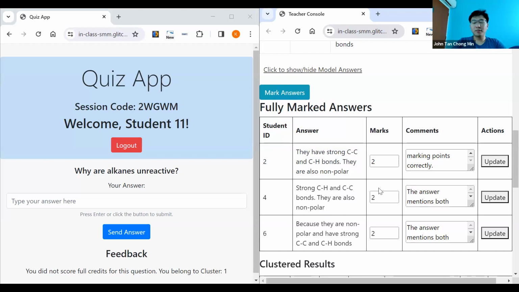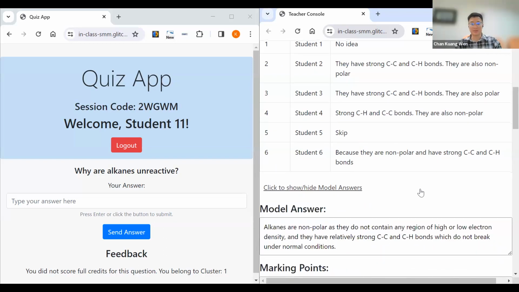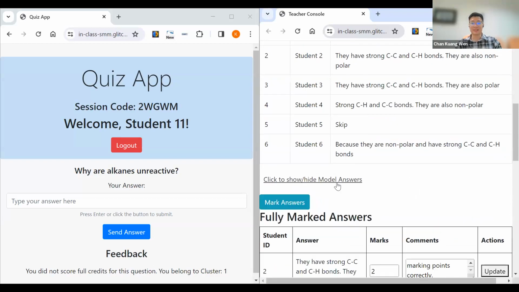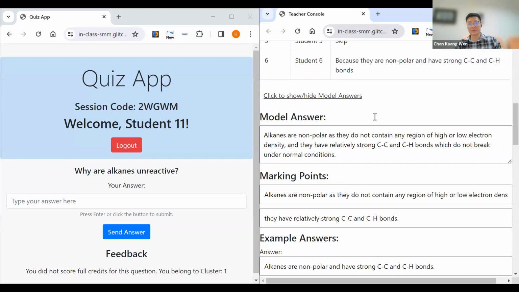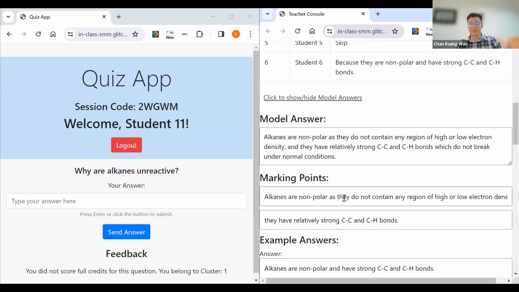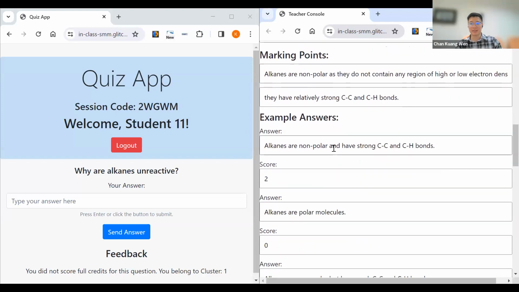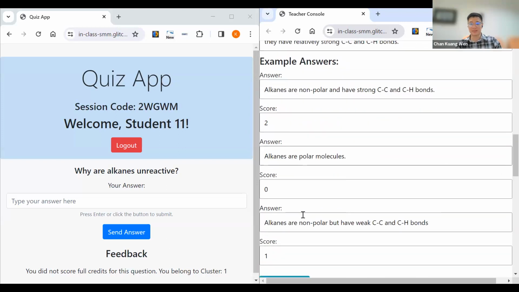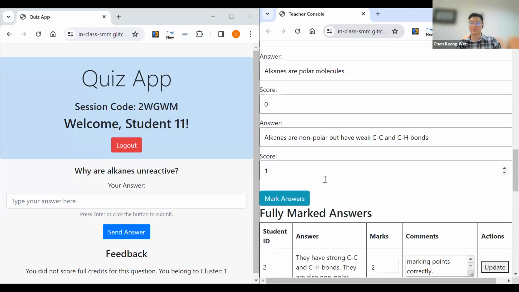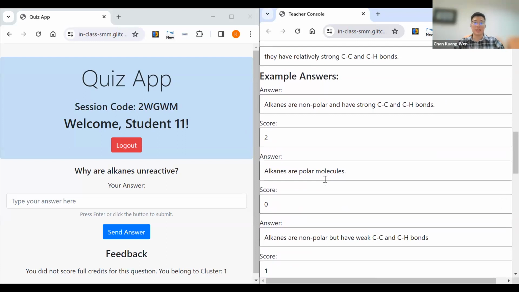I see. So this one is doing some form of categorizing, right? Or like you give it a model answer and then you ask LLMs to see whether it matches. Yeah, so let me show you how it works. Of course this one I will hide. It will actually come from the MongoDB database. So I will give a model answer and marking points. In the prompt, I'll tell it that each marking point is worth 1 mark, and it has to mark very, very strictly. It has to contain these ideas. Then I did some in-context learning through few-shot prompting: this is an answer, this is a score, this is an answer, this is a score, and so on. Yeah, so it's actually using these 3 examples to mark the answers.